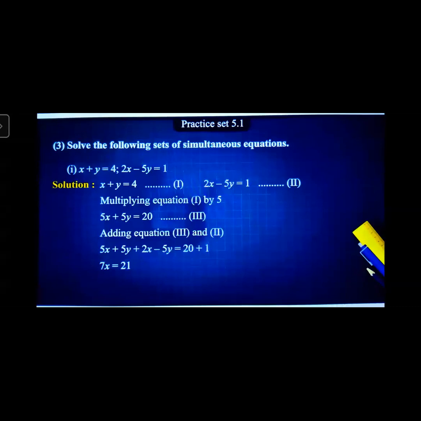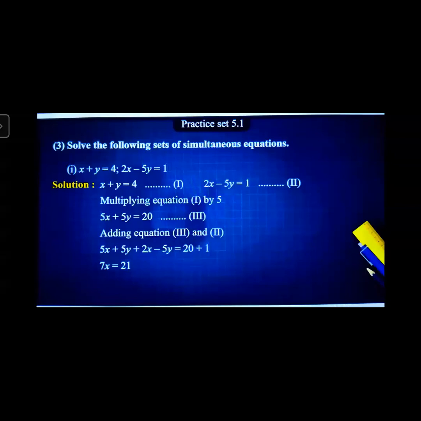Let's start with question number 3. The third question is, we have to solve simultaneous equations. Solve means you have to find out the values of the unknown variables. Solve the following sets of simultaneous equations using the method of elimination. You have to use this method. Okay. x plus y equal to 4 and 2x minus 5y equal to 1. So solution,